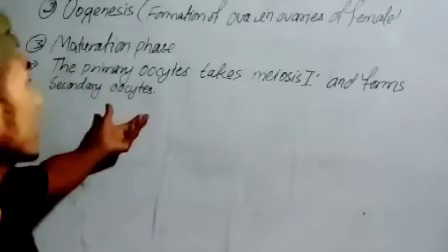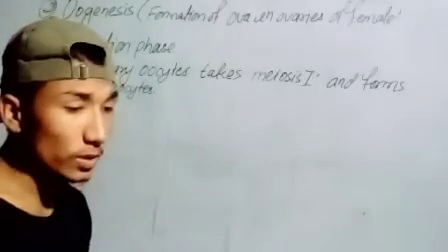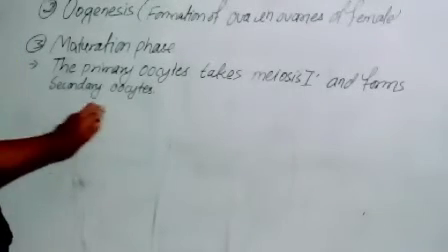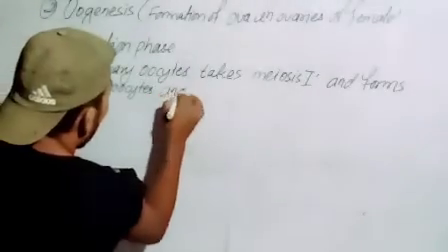There, the secondary spermatocytes divide into two or four spermatids. But in this phase, the primary oocyte undergoes meiosis and forms one secondary oocyte and